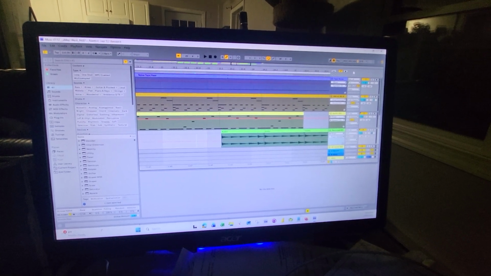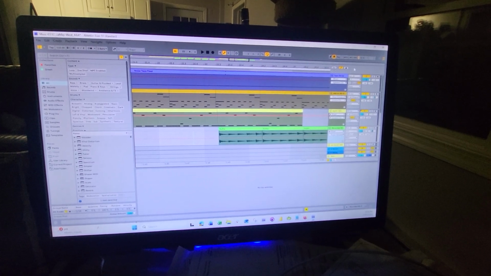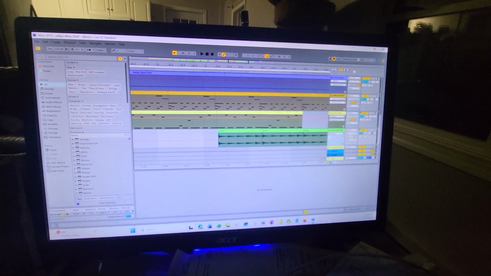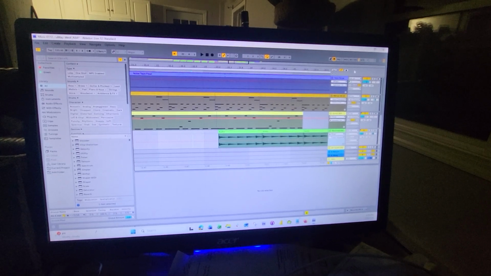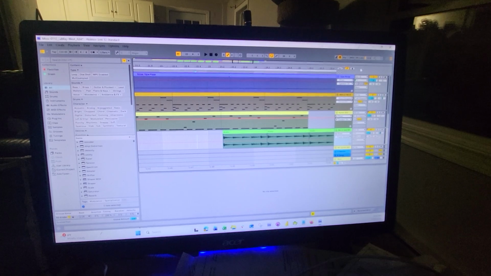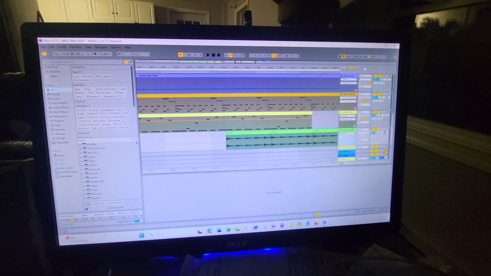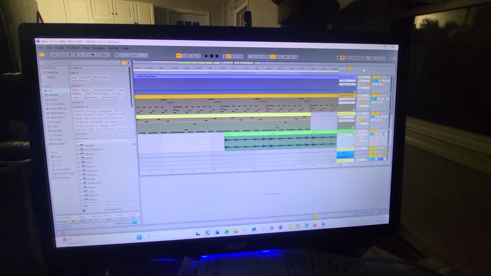So technically this isn't a gear video, but in a way it's all of the gear together. This is my Digital Audio Workstation, or DAW as they're often called. For those of you who aren't familiar, I think many of you will be just by virtue of checking out this channel, but for those who aren't, a Digital Audio Workstation is basically the modern software equivalent of what